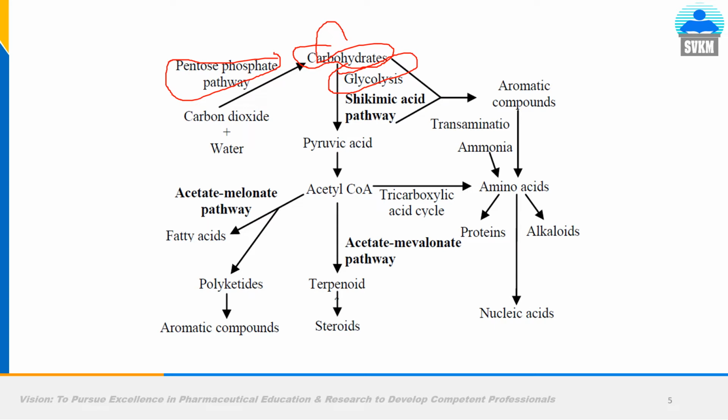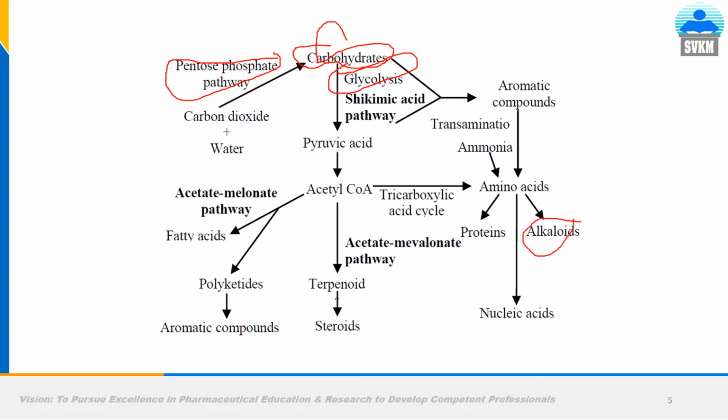These two are the starting material for the shikimic acid pathway. The shikimic acid pathway will give aromatic amino acids, that is tryptophan, tyrosine, and phenylalanine. These three aromatic amino acids are utilized in the plant for the formation of